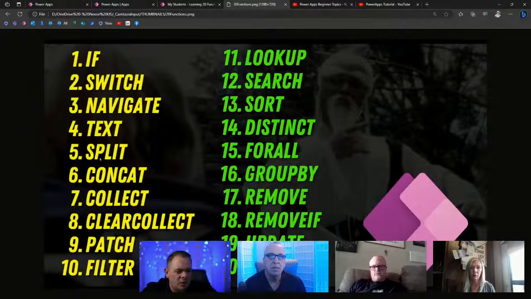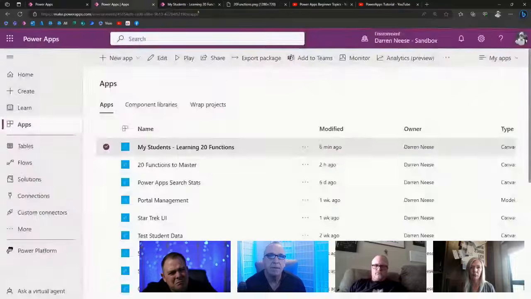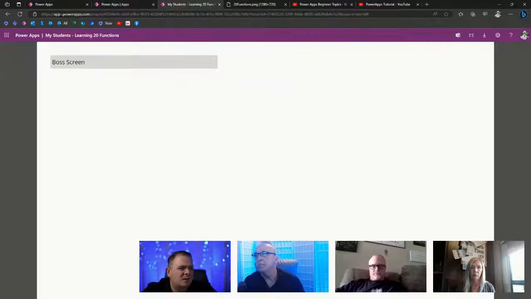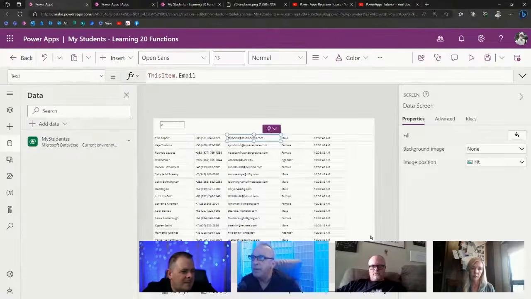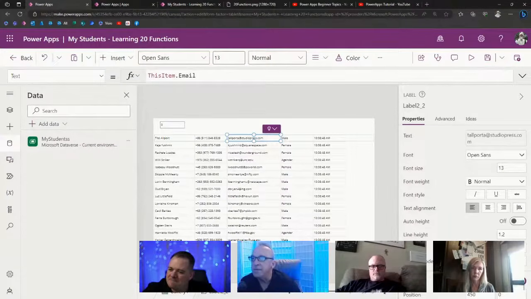So we got text. What about split? Somebody know what split does? That's one that I always have trouble with. I'm glad you're going to be talking about this one. Let's say you've got a bunch of text, a big string, and you want to split things out. You might want to create an array based on that. For example, I'm looking at this email